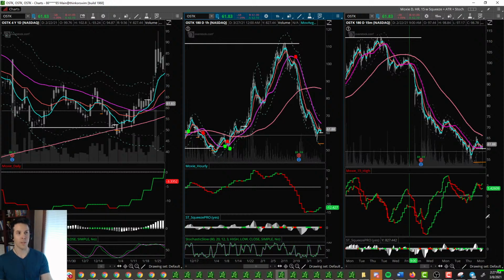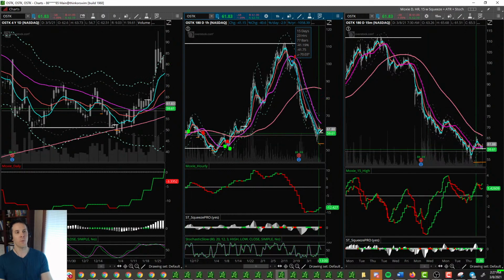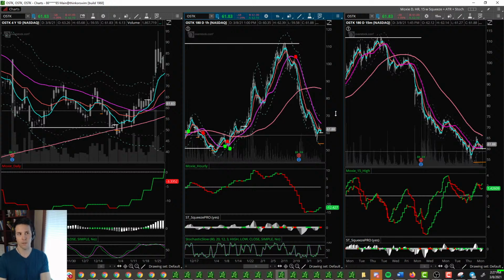Look at the market. Look, even Overstock. This was brutal. Look at this move. It went down 41% over the last 2 weeks. For me, as a long trader, there were no trades to take until today. So that's kind of the stuff that I'm talking about: you just have to be patient until you can see your setup, see your rules, and listen to them. You have them for a reason.